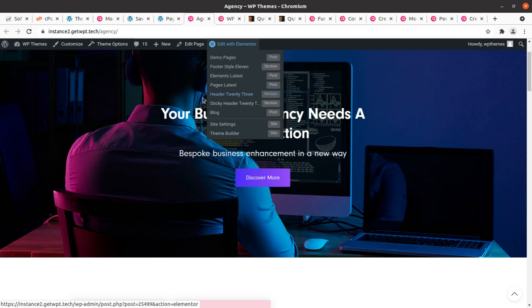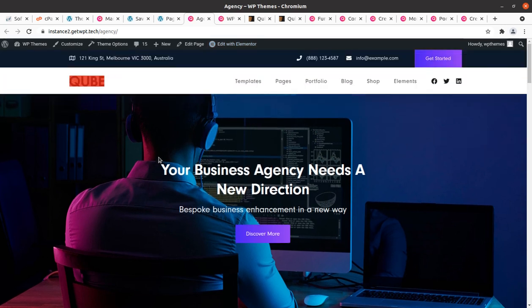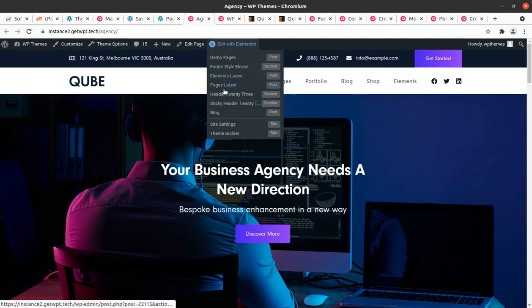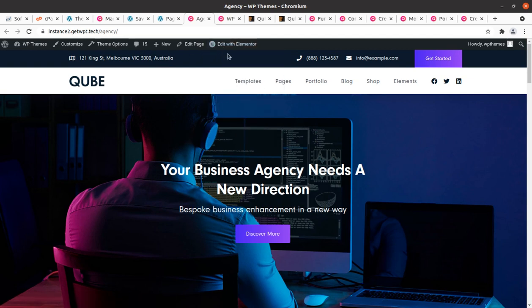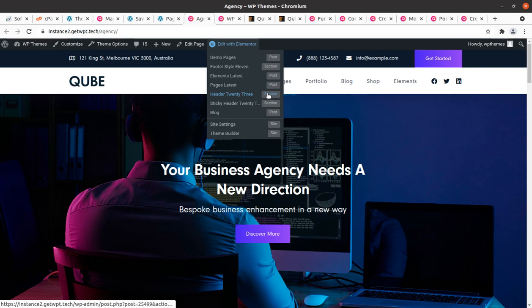And let us change the logo first, and where the logo can be edited. Header 23 is being used on this page, so we can click on the section for editing header 23, and it is loading with Elementor.